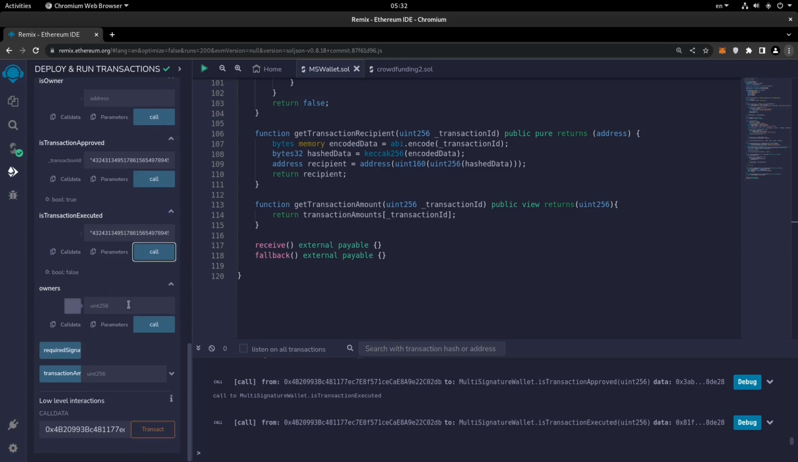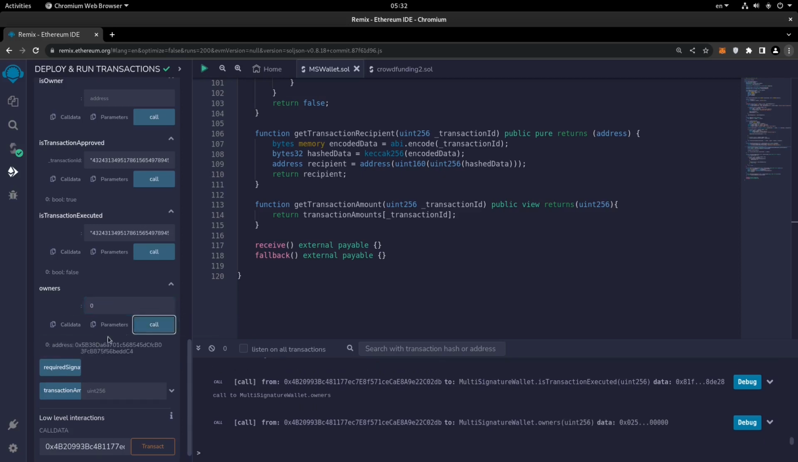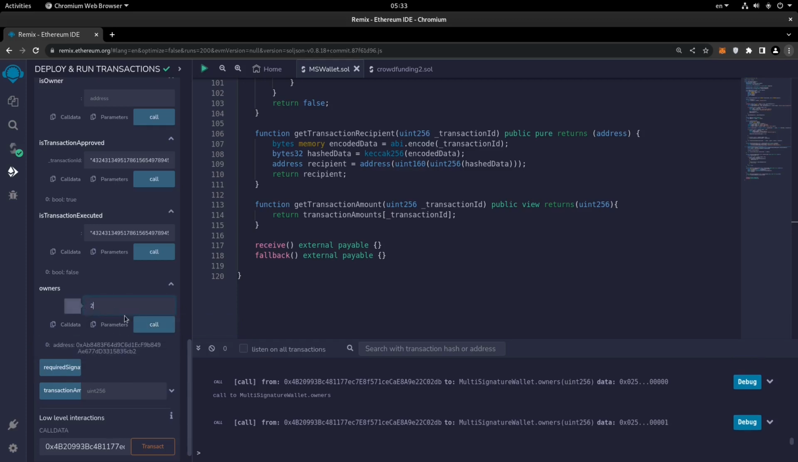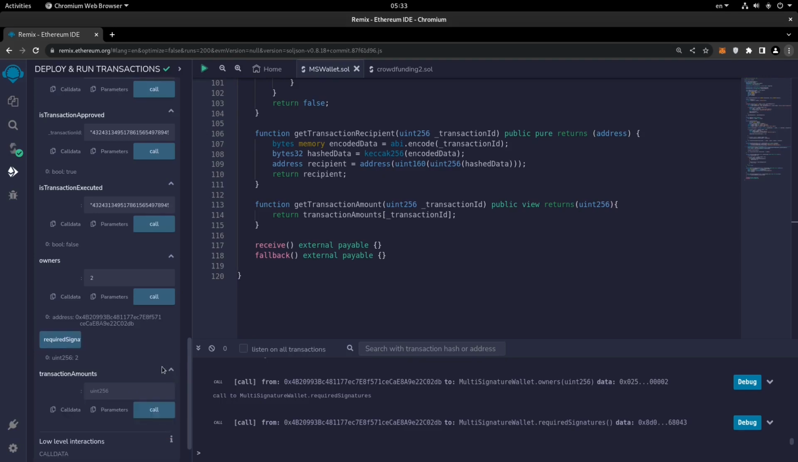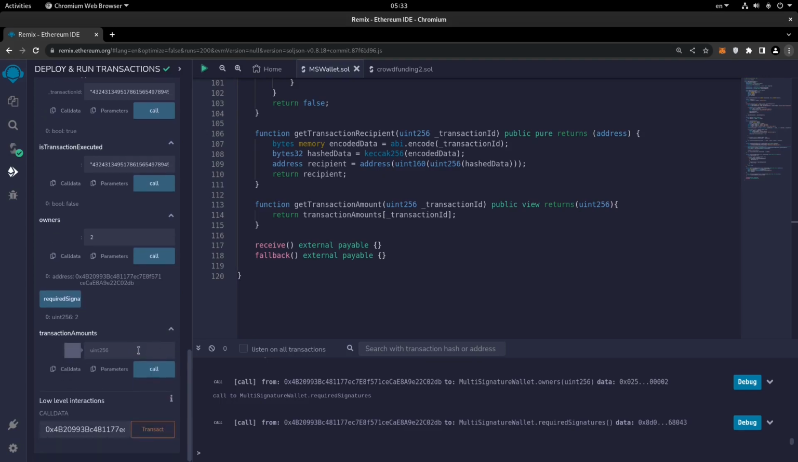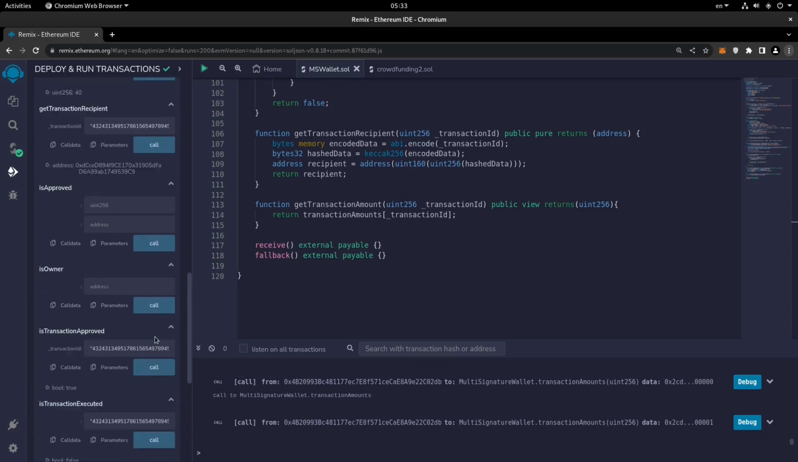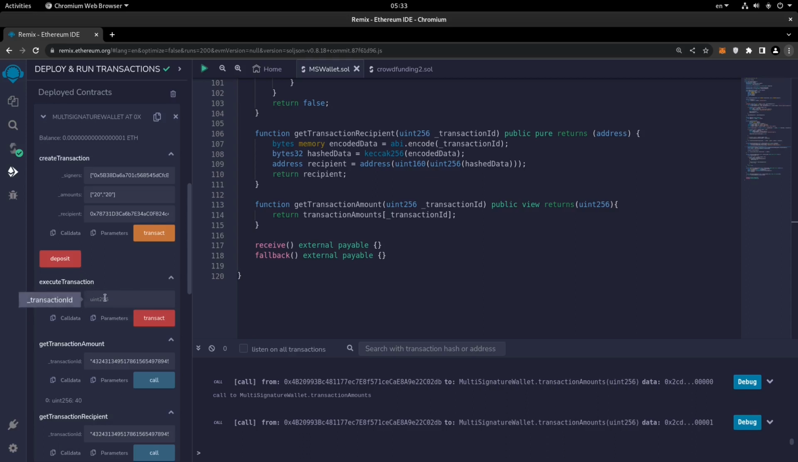And in order to get the owners, because we have 3 owners, we will start from 0 up to 2. So the first address is this, the second address is like this, and the third address is like this. So required signatures are 2, just the one we entered at the time of deployment. And transaction amounts, here we can enter, for example, 0 and 1. Okay, we will get to this, but now first let's execute the transaction